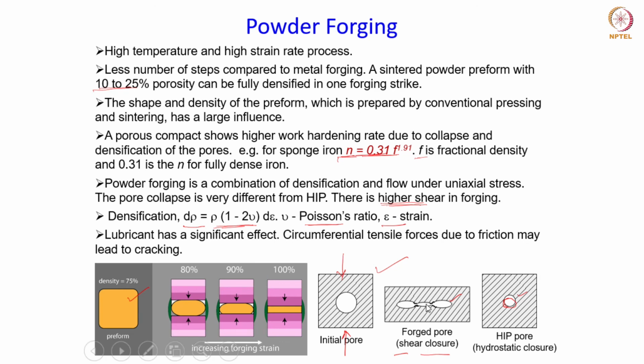And we have seen that the pore closure which happens in this case is quite different from the hepping process. In the hepping process, it is basically a uniform closure of the pore because the pressure is applied uniformly, and here you can see the pressure is applied along a particular axis, and therefore the pore is subjected to more shear, and the pore closure is quite different from the hepping process, which exhibits uniform shrinkage, as you could see from this picture over here.